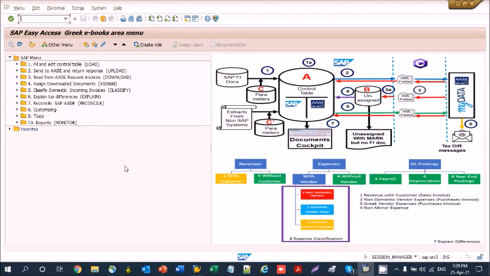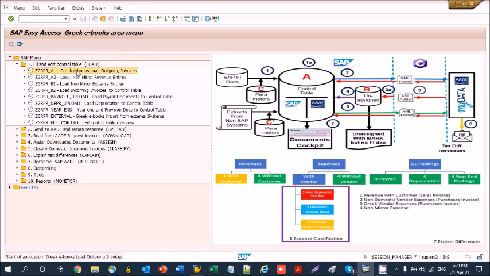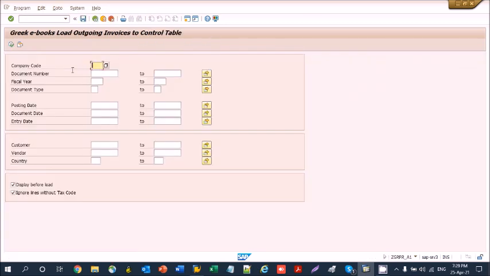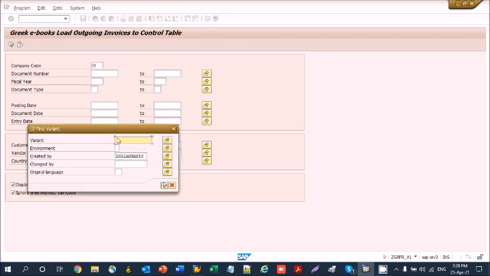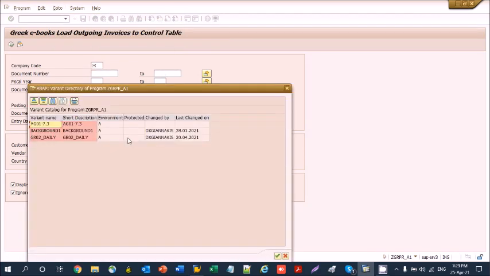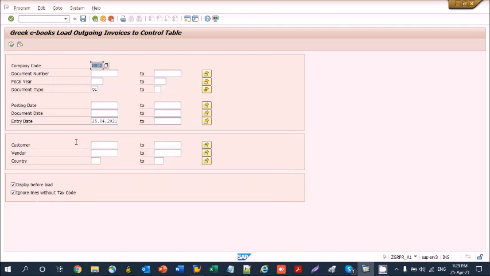Then we have to load these transactions to the control table using the A1 transaction. We will use the variant GR02 daily, which will be used in automatic scheduling for running the program at night.